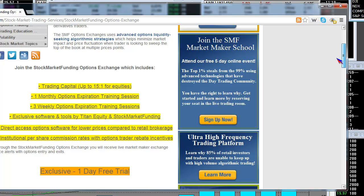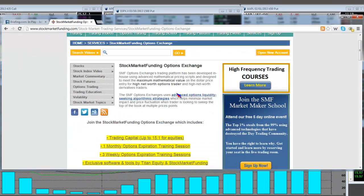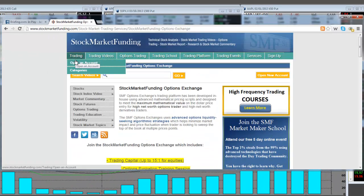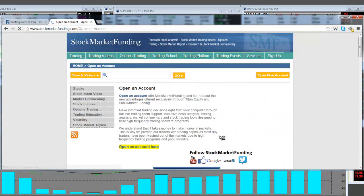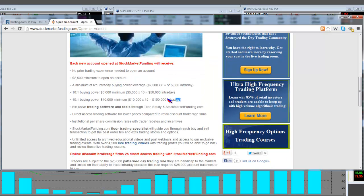Our market maker will dispatch the order. You will do what you're told with your buying power when you open an account here. And you'll have institutional per share commission rates with option trader rebates and incentives. One of the things is that the market maker will do all the work. And I want you to take advantage of this right now. Another thing I want you to take advantage of is to open an account. When you open an account, you will click on open an account here if you'd like, but most importantly is when I highlight